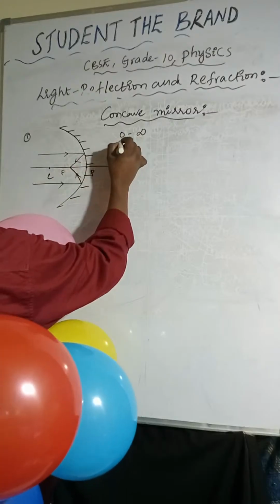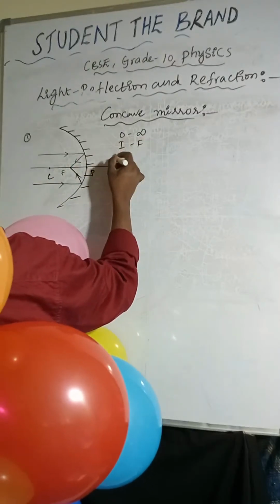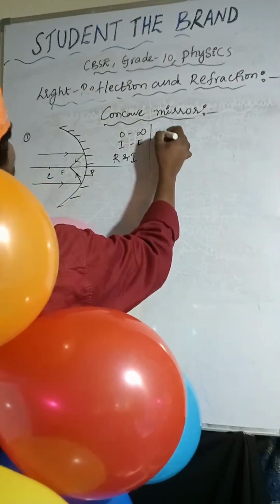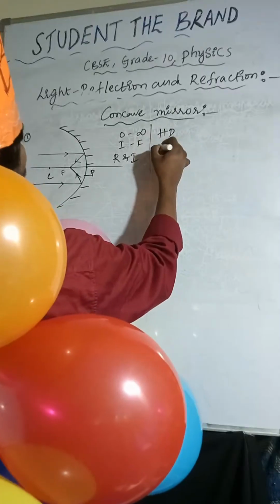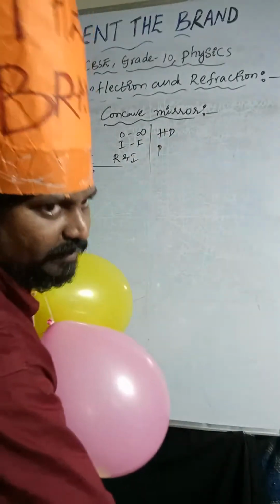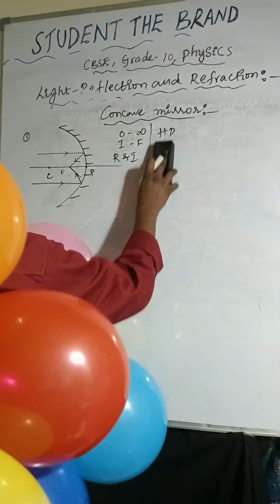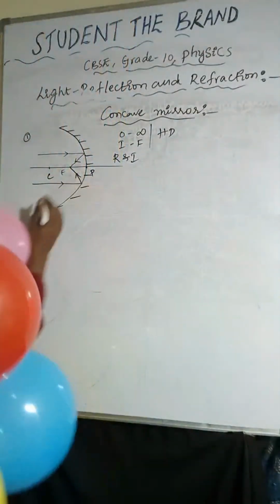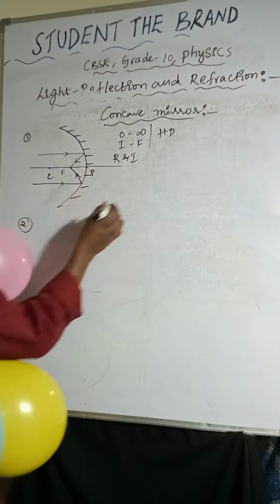Object is at infinity, image is forming at focus, nature of the image is real and inverted, and size of the image is highly diminished. And points, actually diminished image, point size image is forming at focus. And coming to the second one,